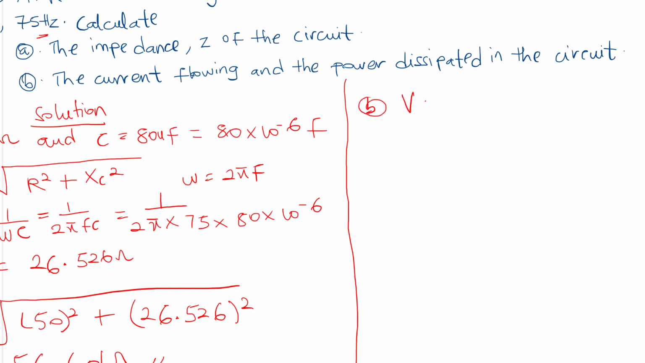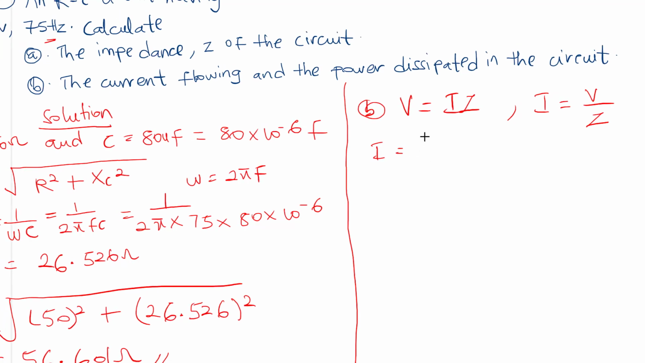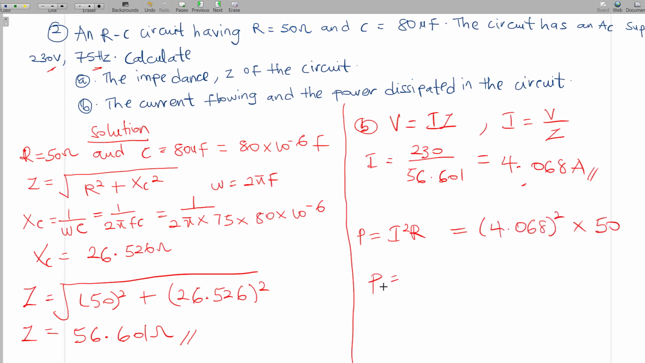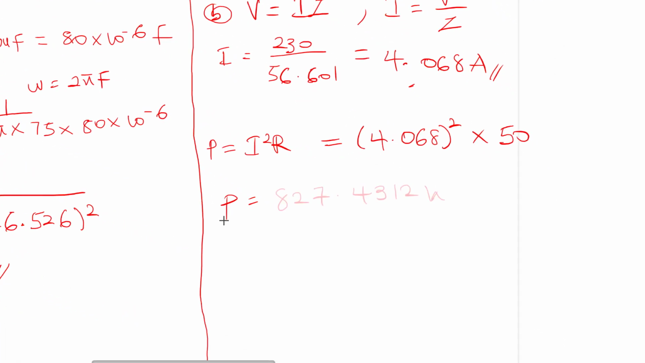So now for B, we were supposed to find the current flowing through and the power dissipated, but we know that V is always equal to the current times your total impedance, right? And if you want current, which is I, it is V out of Z. So I, by substitution, V, I have to be 230 volts over 56.601, which will give me the current. For the power dissipated, we know that P is equal to I squared R. And we have our current here, we've just found it. We know our R already, which is 50. So by substitution, P will be equal to